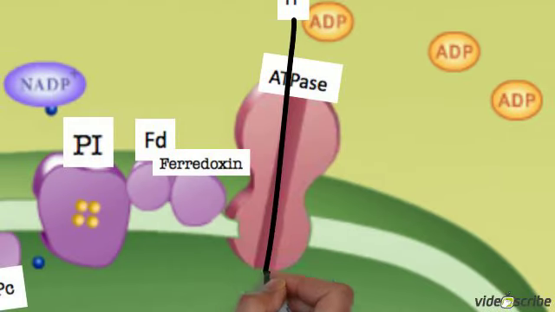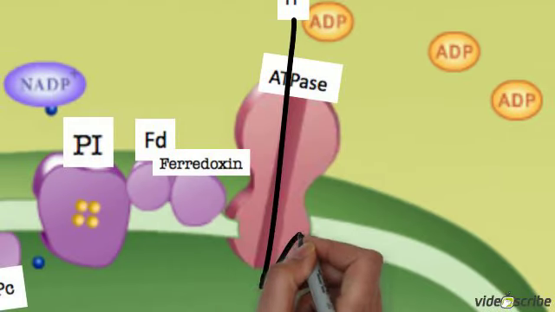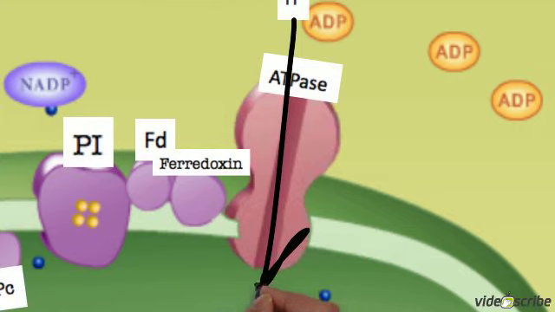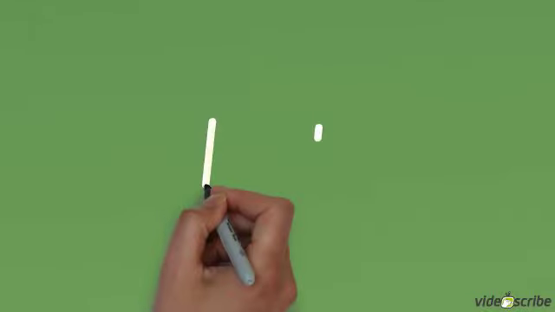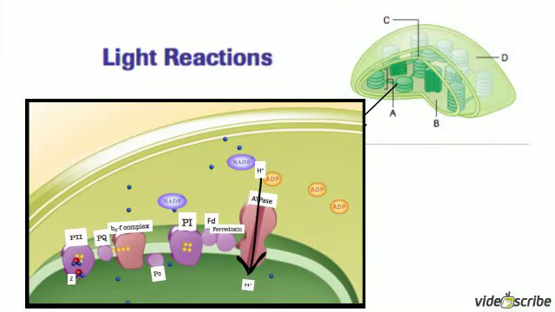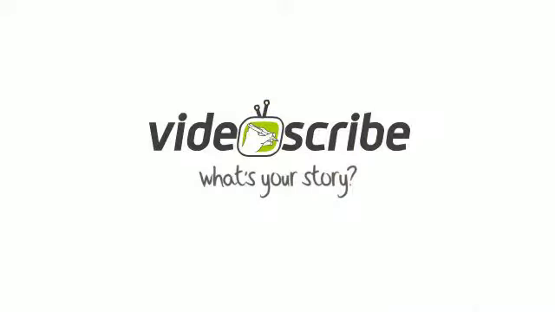Meanwhile, in the thylakoid lumen, the gradient that is accumulated by the pool of H+ ions will phosphorylate ADP to ATP. As the H+ ions get out of the pool, they will go